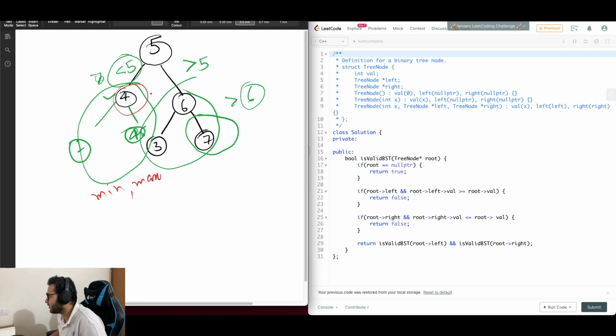But the point to note is, in the left subtree, I only care about a maximum value. All the nodes in my left subtree should be smaller than a given value. And in the right subtree, I only care about the min value. What it means is all the values in my right subtree should have a value greater than this minimum value. If this condition is wrong, so what I'm saying is root val should be